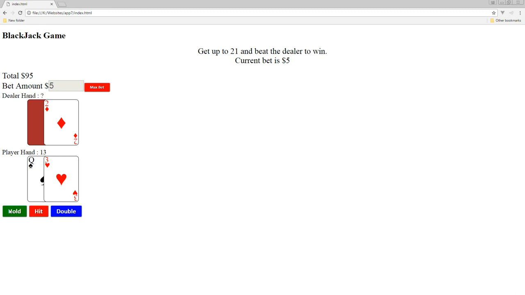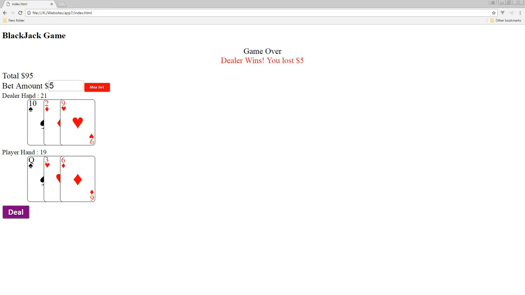So we've got an option to either hold where we are, we can hit, which gives us another card, or we could double, which gives us another card and ends the gameplay. So let's do a hit here, and we can see that we increase our value from 13 to 19 with a 6, and 19 is getting pretty close to 21, and I think that's a pretty good amount to hold at. So we hit hold, and we see that the dealer ended up with 21,